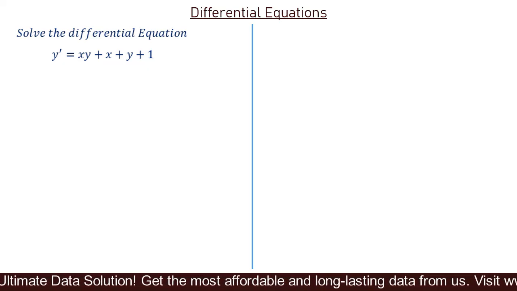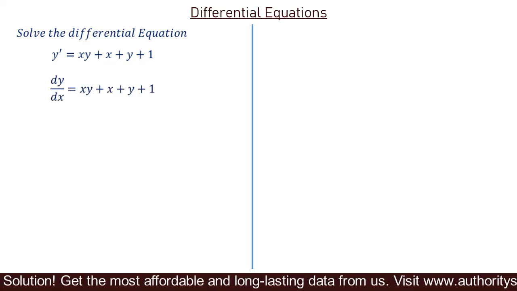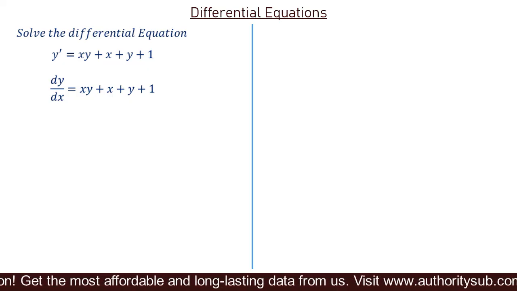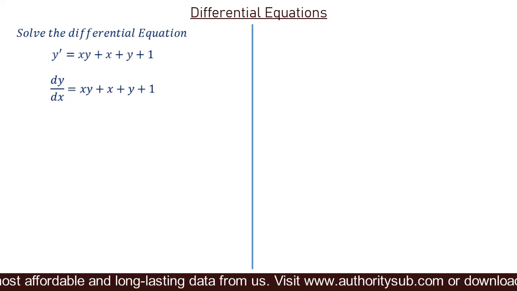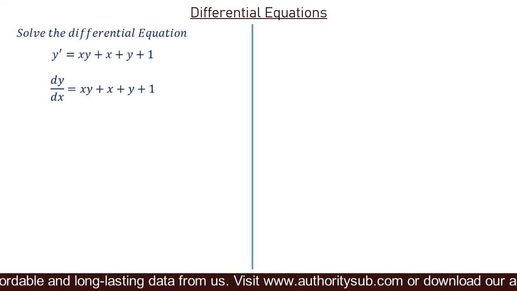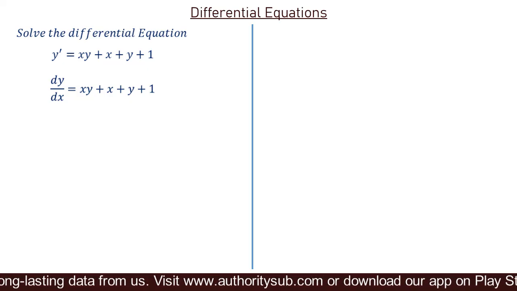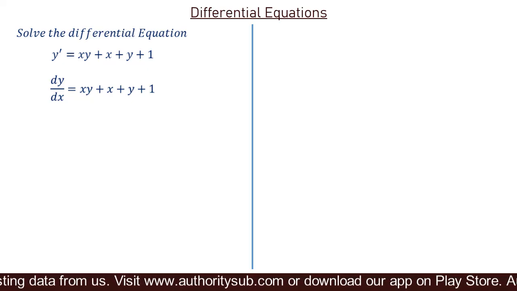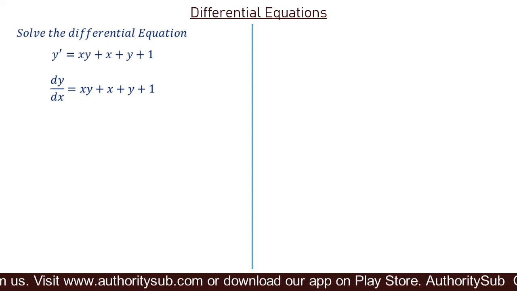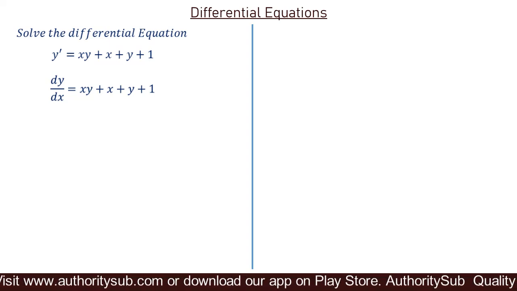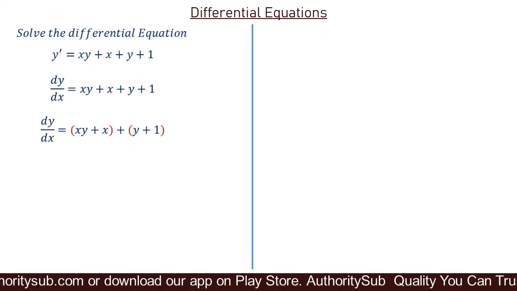Now this y prime is the same as saying dy dx. So we say dy dx is equal to xy plus x plus y plus 1. Are we together? Good. Now pay attention to this equation. How can we approach this? So now let's try to group the right hand side. So grouping, we are going to have it like this: dy dx is equal to,